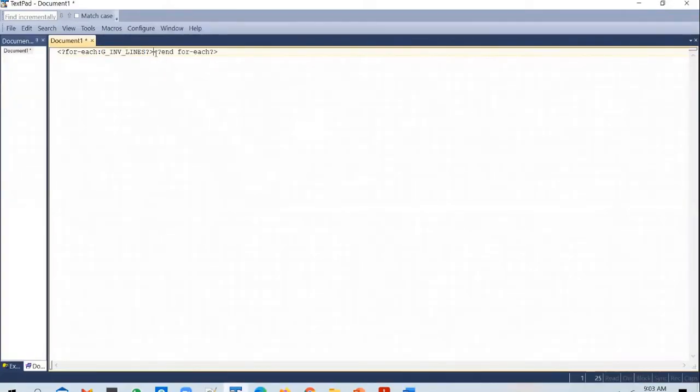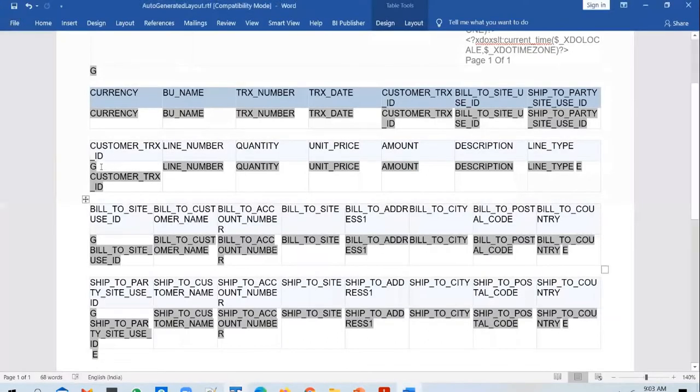So if we put some elements in between these for each tags, what RTF will do is repeat this section, it will repeat the columns that you have placed here for each and every line you have in the invoice. In the invoice, there could be multiple lines possible. So in case there are multiple lines, go through the lines, loop through each and every line.